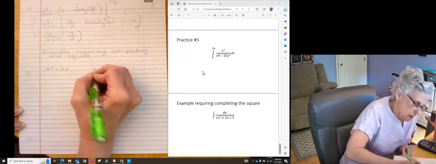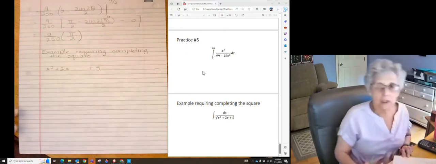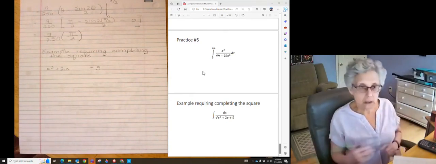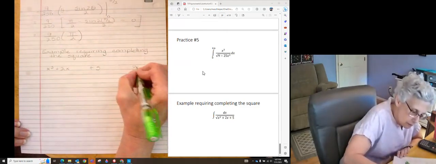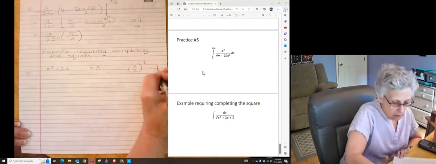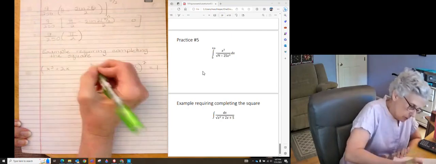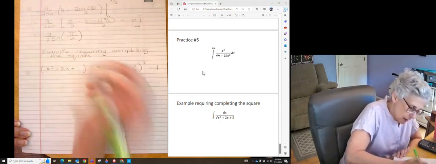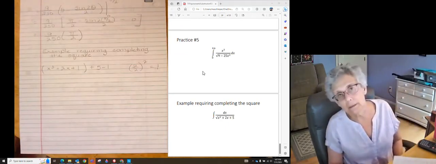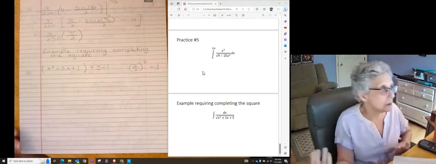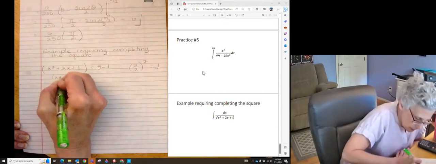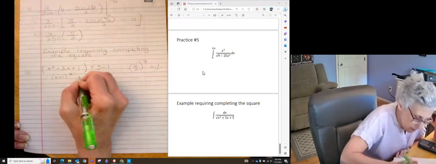So remember how we complete the square. We take this middle term, half it and square it. So that would be 1. I'm going to put parentheses around here. I'm going to add 1 in here. And I have to subtract it out here, otherwise I have a whole new problem, and that's not what I want. So this is x plus 1 squared